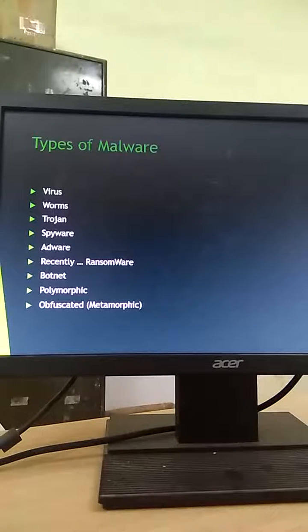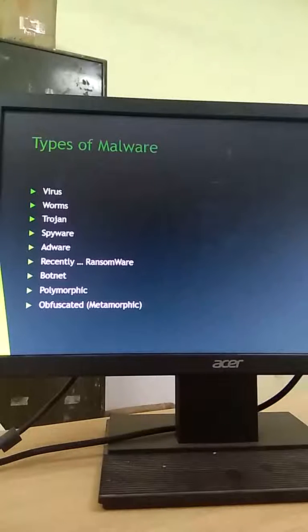Botnets are zombie machines which are created by some organizations, and these organizations have millions of machines across the internet in sleeping mode. When they say that a machine XYZ should be attacked, all these machines come from zombie mode to active mode and attack, and that's why botnets are specifically used in DDoS attacks.